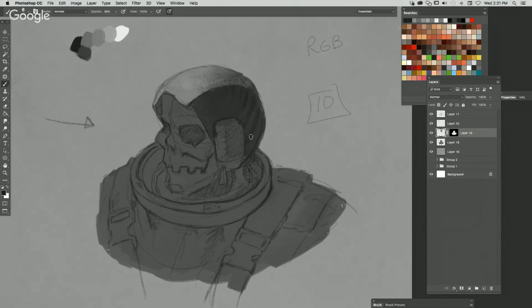Essentially, I'm going to go around this entire piece and add in the values where I see them landing. I'm trying to be pretty consistent with my shadow value. I'm not trying to have a crazy amount of gradients yet.